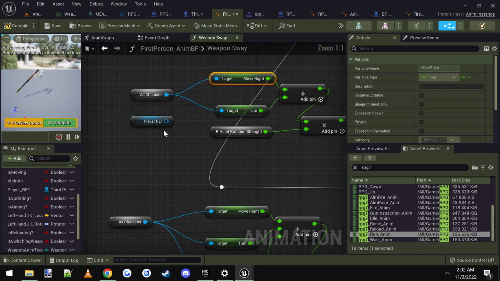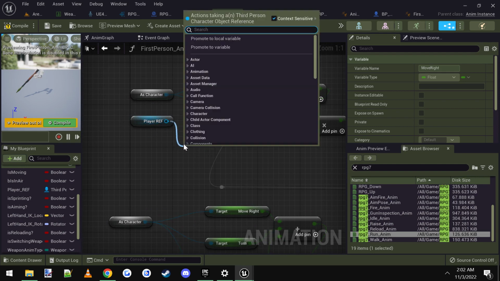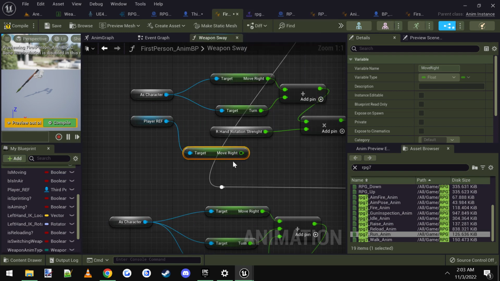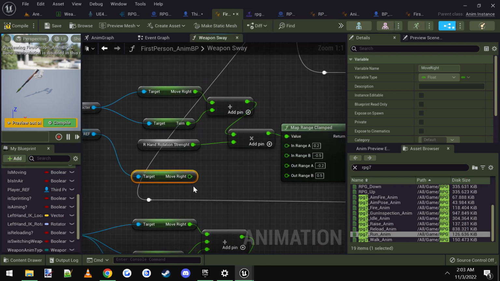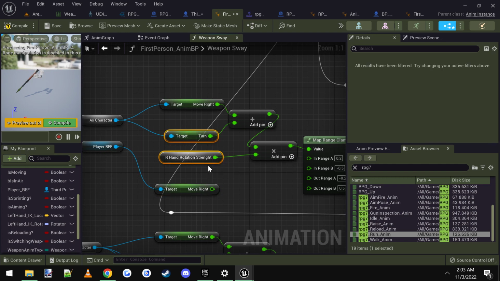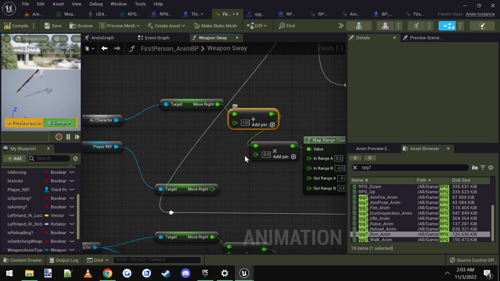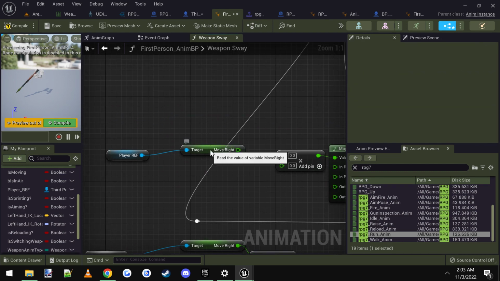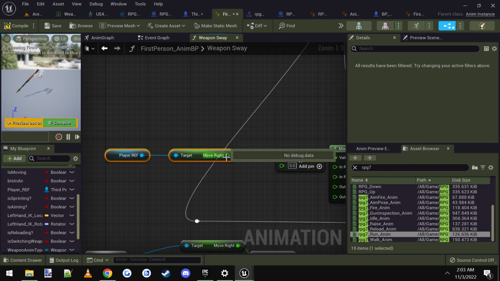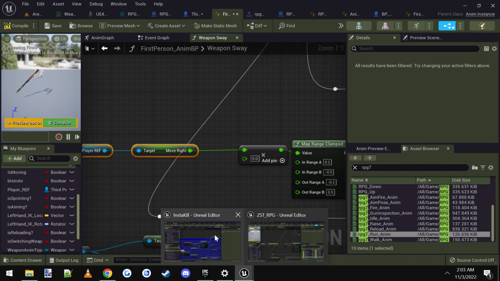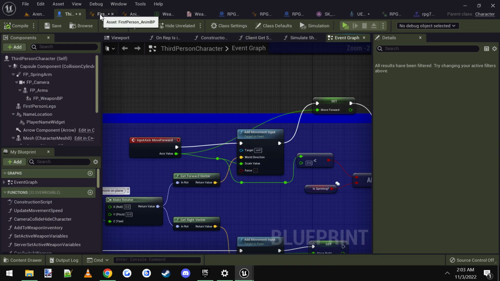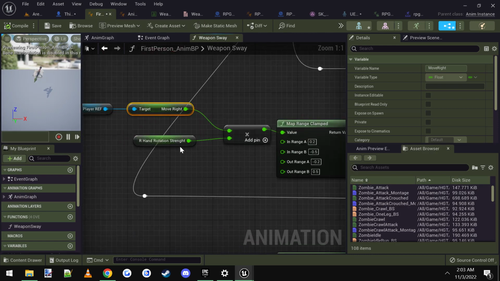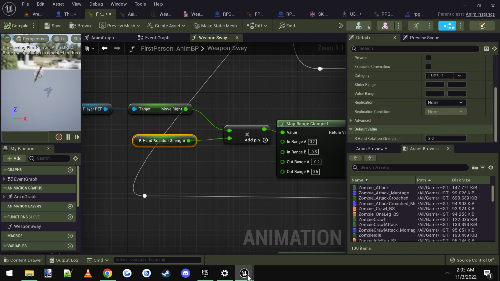Alright, so now you just drag off of the player reference, say move right. You get it, and I don't think we need this turn and rotation stuff. It's not really set anywhere. Get rid of these. Then we just have ours. You plug it in. I know this might be confusing, but I'm sorry. Multiply it by this rotation strength and default of 3, so